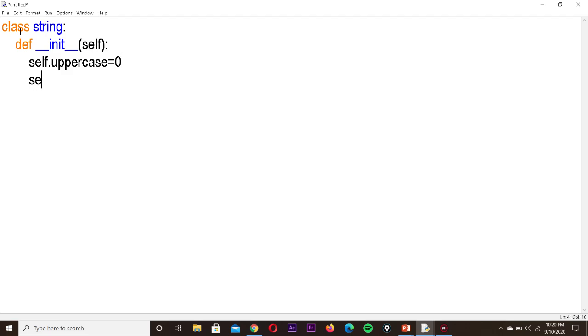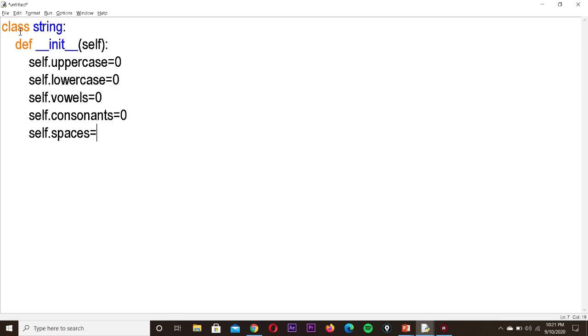Similarly, self dot lowercase for counting the number of lowercase letters equal to 0, self dot vowels for counting the number of vowels equal to 0, self dot consonants equal to 0. Next we have self dot spaces, since we also should count the number of spaces, equal to 0.